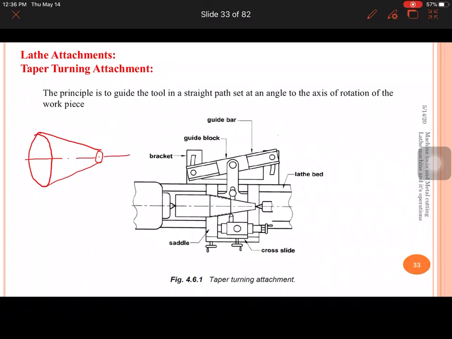And here, if I want to generate this kind of surface, then the cutting tool has to move along this inclined direction, that is inclined to the lathe axis. This is the lathe axis or the job axis. Here I am assuming both the lathe axis and job axis are coinciding with each other.